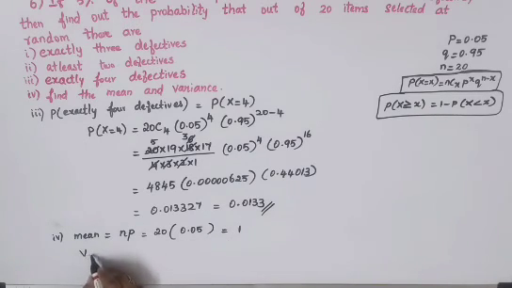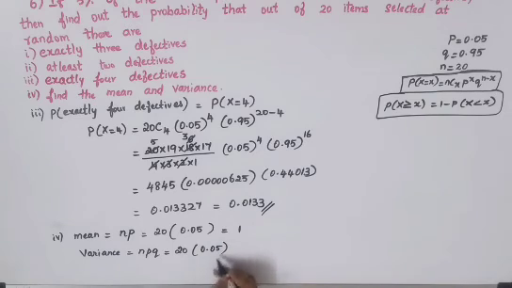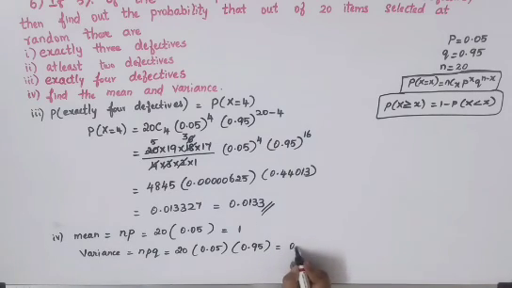Next, your variance, you have to find it. So variance formula is NPQ. So which is equal to N is 20. Your P is from here itself, you can pick it up 0.05, into your Q, I have got it over there, 0.95. Multiplying all these 3 terms, your answer will be 0.95. So this is the final answer for your 6th question.